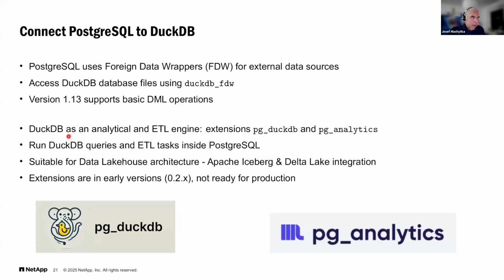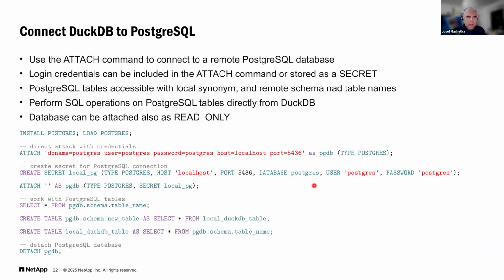For using DuckDB as an analytical or ETL engine, we need to look for other extensions. Currently, the two most discussed are pgDuckDB and pgAnalytics. They both aim to use DuckDB as an embedded engine inside Postgres to run all queries and ETL tasks using DuckDB, but inside Postgres. Also, they are meant as a tool for connections with the data lakehouse architecture, because DuckDB implements connectivity for Apache Iceberg, Delta Lake, and other formats. But currently they are only in the 0.2 versions and seem to be not exactly ready for production. So from my perspective, it is better to use DuckDB directly and work with Postgres data from DuckDB, because it